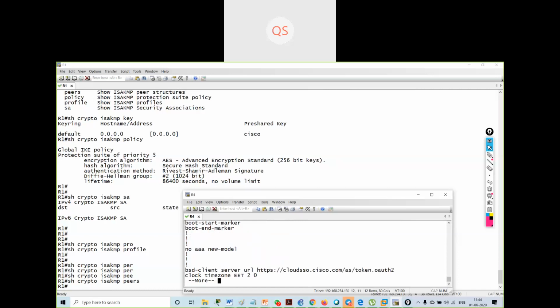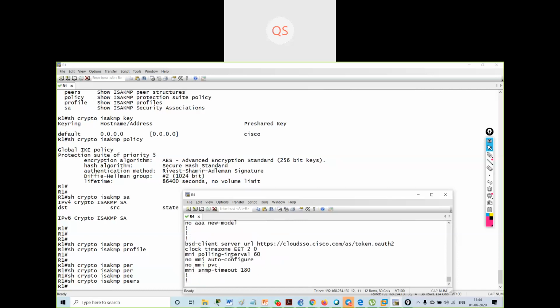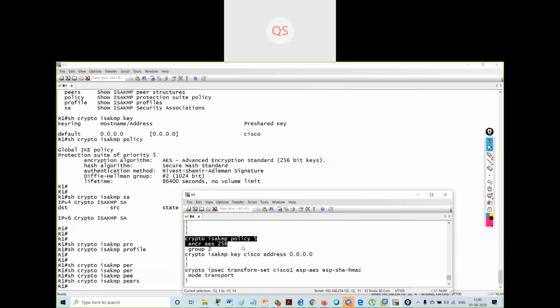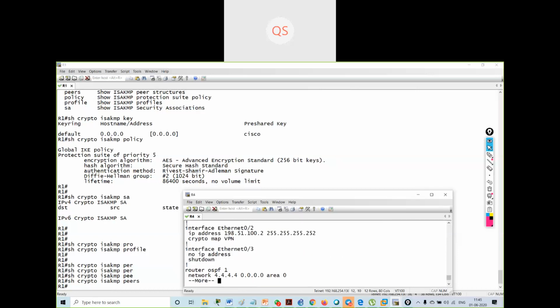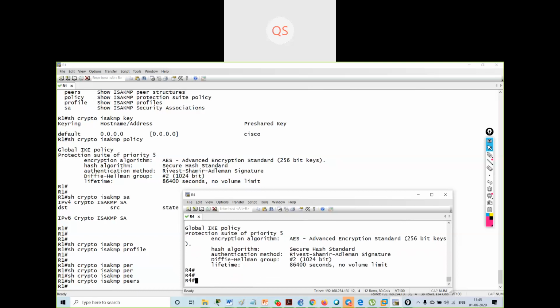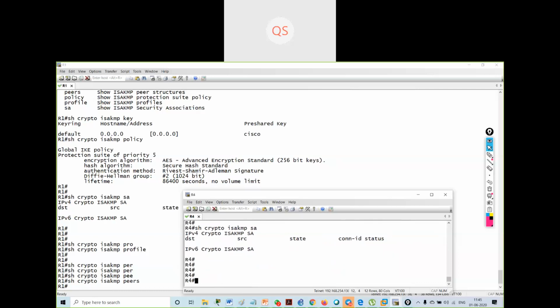Show run. It should give me the output. Show crypto ISAKMP SA, Security Association. It will show me the tunnel that has been formed.